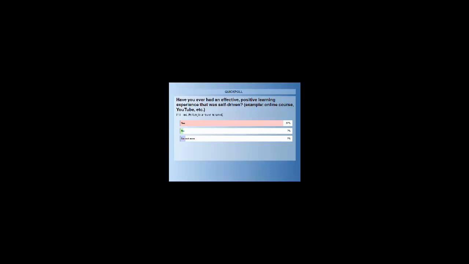So I think that this is a really good visual for us to see that we are able to learn on our own. We don't necessarily always have to have someone standing right with us to teach us something, but we do need access to that content. We do know that there are individuals that have information that we need access to. So let's talk a little bit about the design of a flipped classroom model.